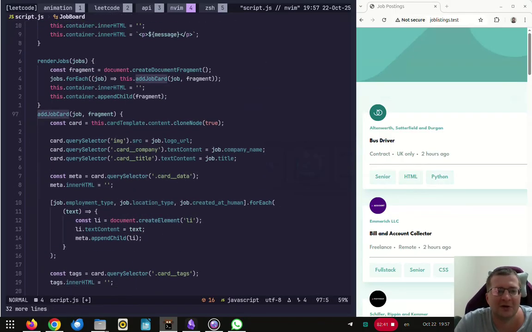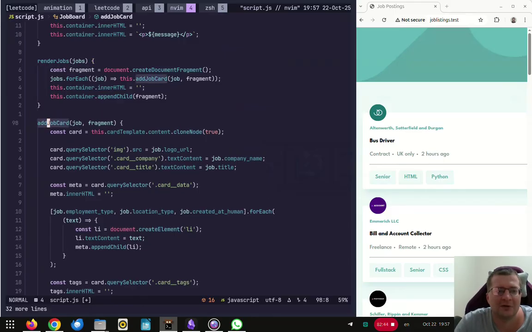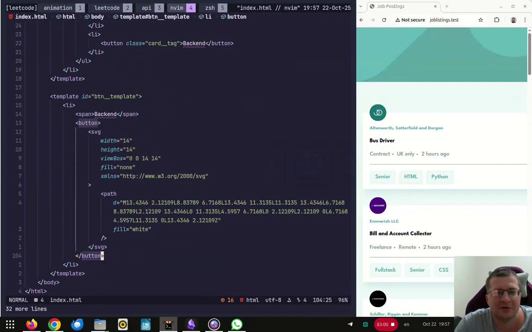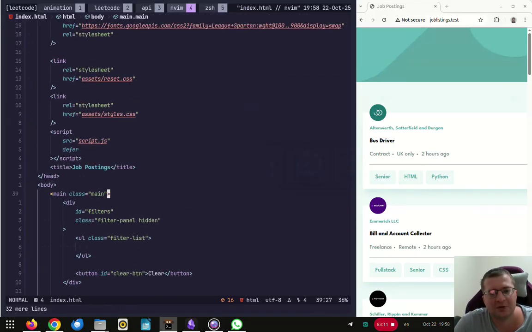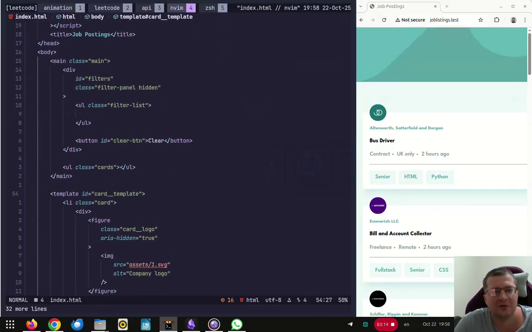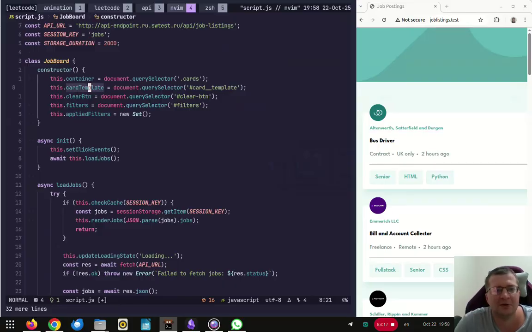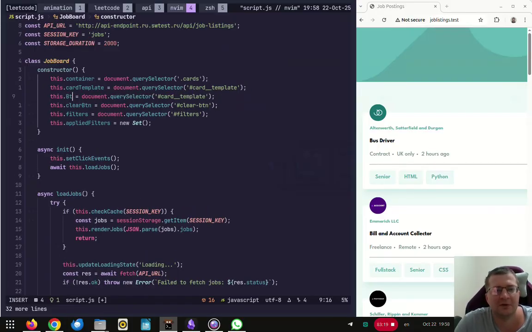Add filter button, then we do text, I don't know. I think it's text. It's okay. So what we need to do is take this button template, create it, add the text inside the span, and then we just put it inside of here. So what we do, card template, then we do button template,